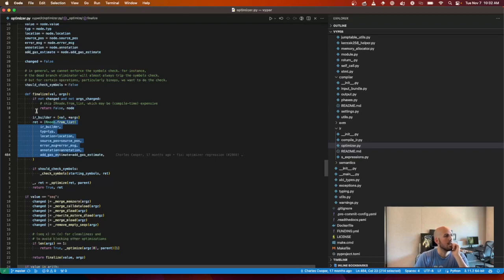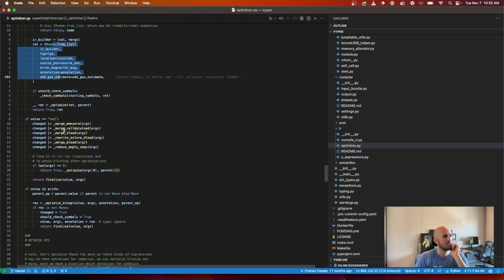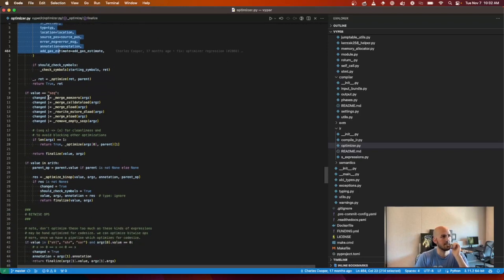So let's look at what is done before we call finalize. We can see a few different places where optimizations are done. The first is if the value is a sequence. This is when there's a set of actions that happen sequentially. We don't have to get into all of these, but basically they are all ways of merging the memory